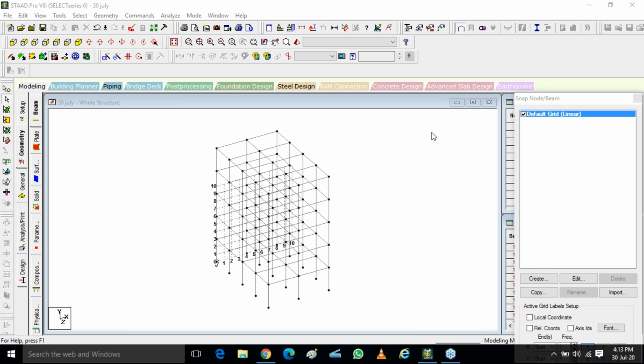Okay, everyone, at your home, on the top of a slab there is a floor, which is either of marble or tiles or small stones, stone concrete kind of thing. Can you understand that? So that is your floor finish load. Then apart from that dead load, we have a water tank also. Do we have a water tank or not?